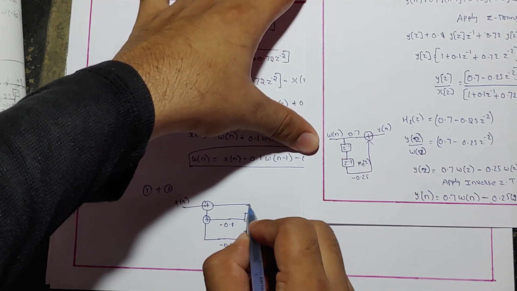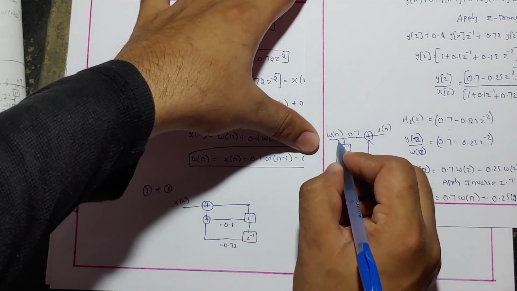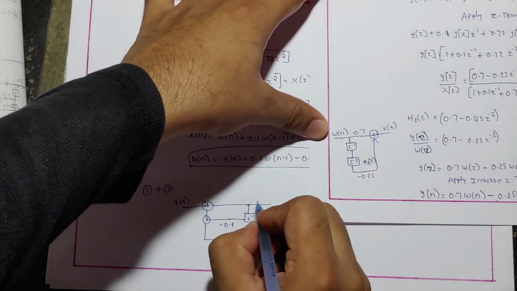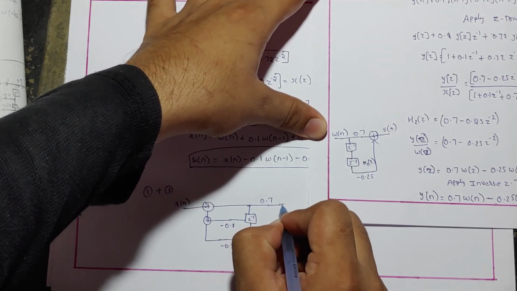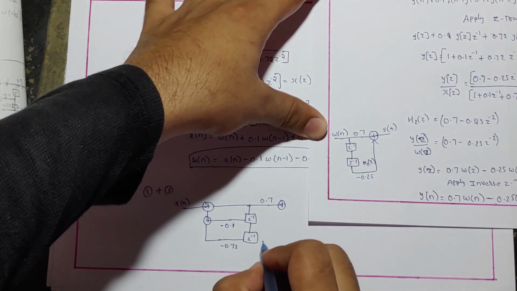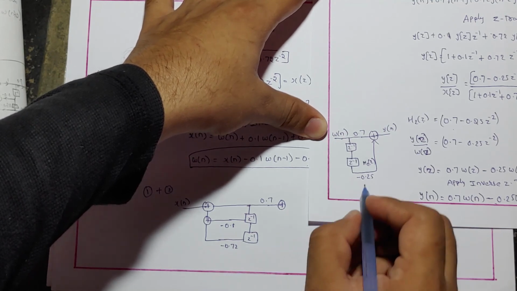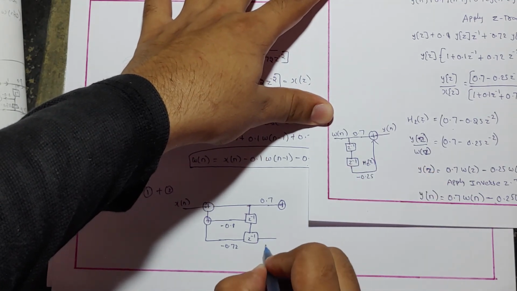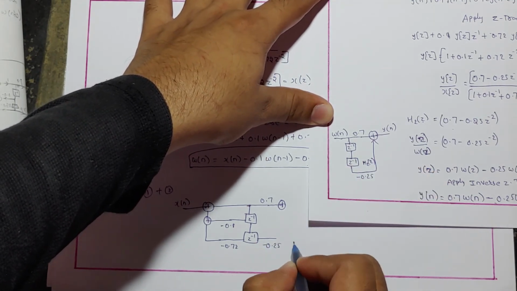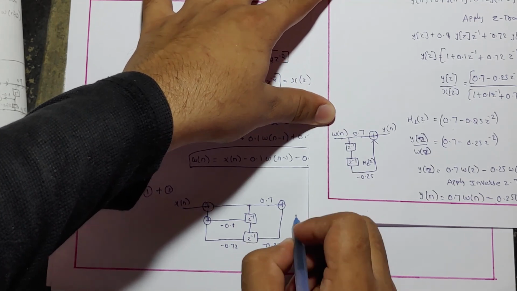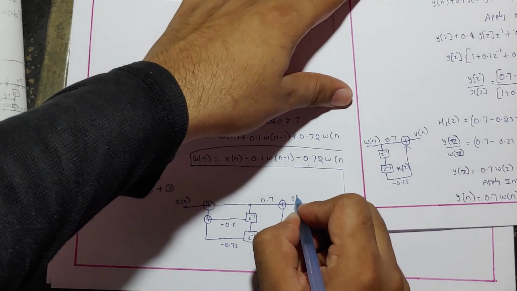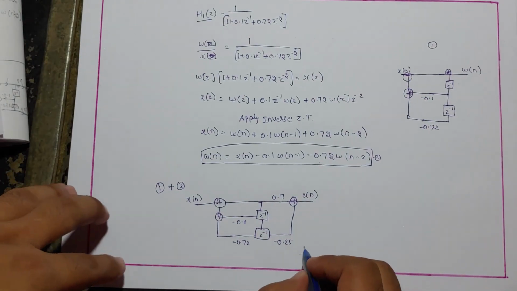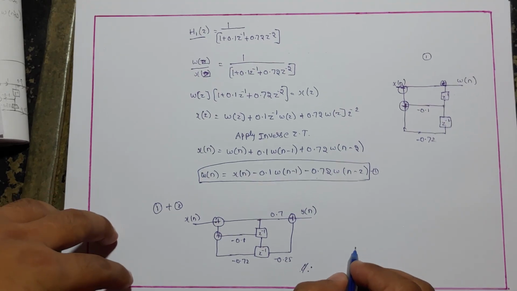That is, as the output of the first system is the input for the second system, here its output is multiplied by 0.7 and where it is added, and as we are not having the first delay element quotient here, the second delay element is multiplied by minus 0.25 terms and it is added to the function which outputs y of n. So this is the realization for direct form 2 for the given question.